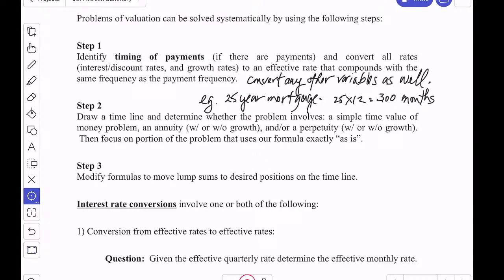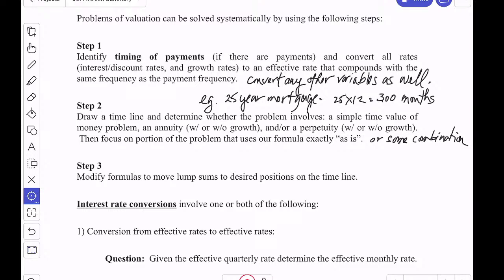Second, draw a timeline and determine whether the problem involves a simple time value of money, an annuity with or without growth, or a perpetuity with or without growth, or some combination of them. And then apply the formulas on the timeline